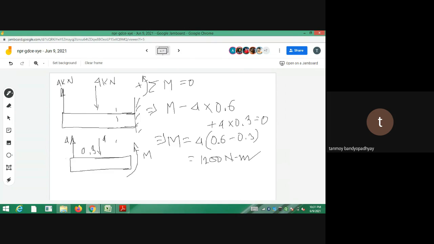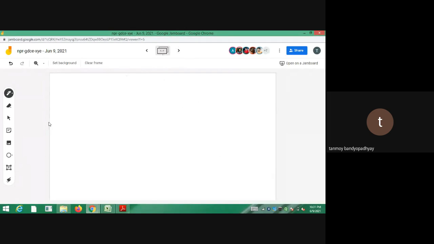Now you have got the value of the moment, and for the cross section that I had considered, you know the... okay, it is 11 already, leave it for today, okay? So you have got the value of moment, so you can calculate y top, y bottom, and then you put the values, you will get the value of the stresses at the top and the bottom fibers of the cross section respectively. Okay? So this is the concept for this problem.